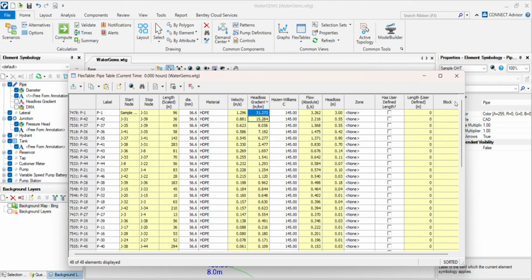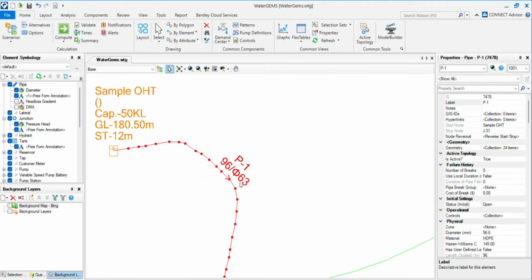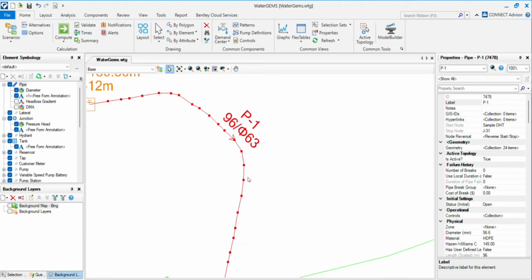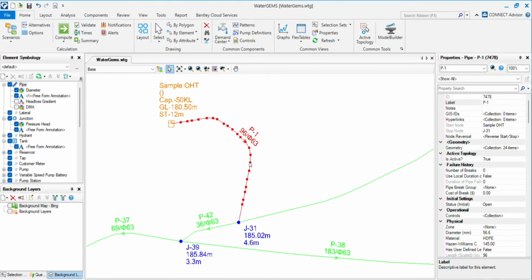How can we do that? By increasing the pipe size. The lower the pipe size, the higher the head loss gradient. So this is the 63 meter. We are using HDPE pipe. So we have to put the internal diameter. Okay. So